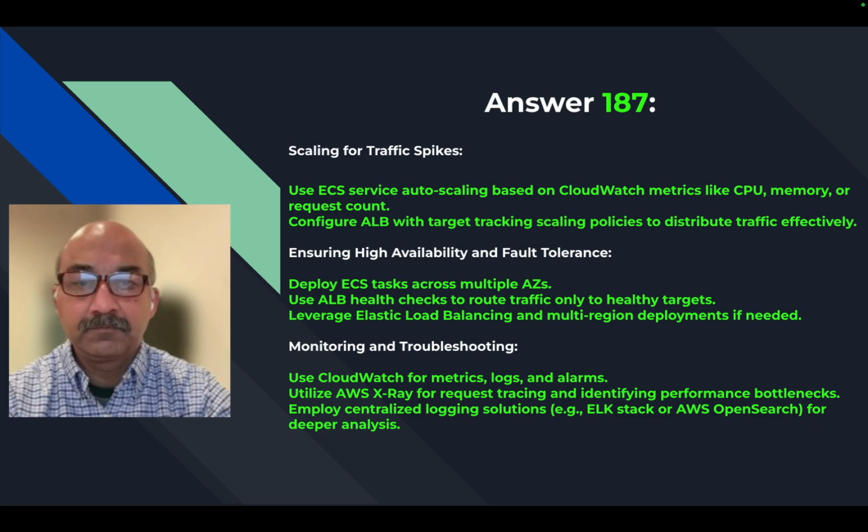Now, along with all this, you want to have monitoring. Without monitoring, you don't really have the foundation for scaling and high availability. For that, you want to use CloudWatch to gather metrics from your ECS services. You may want to use X-Ray for request tracking. Tracing is basically like an APM solution. Also, you want to send logs to something like Elastic Stack or AWS OpenSearch Service for deeper analysis of logs. So these are the three pillars, if you will, of how to make an application running on ECS scalable, highly available, and have monitoring and troubleshooting that goes with it.